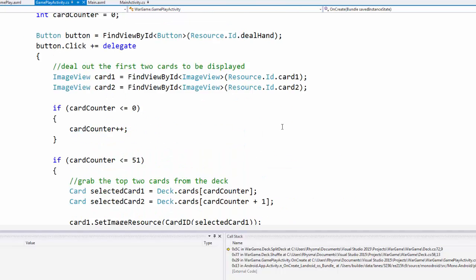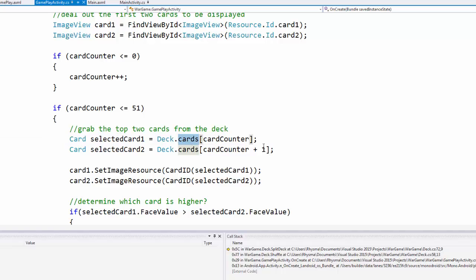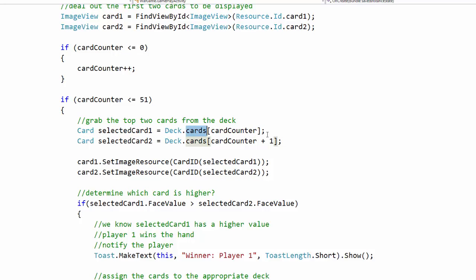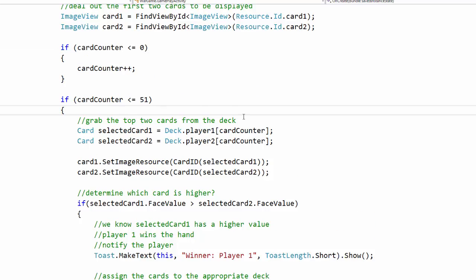And so over here, instead of working out of one primary deck, we need to make sure selected card 1 comes from player 1, and this one comes from player 2. I'm just making the modifications needed. And we won't need this counter at all. Or at least, well, what are we doing here? We're incrementing. No, that's fine. We'll leave the counter. Alright, so pulling from player 1, selected card 1, from player 2, selected card 2,